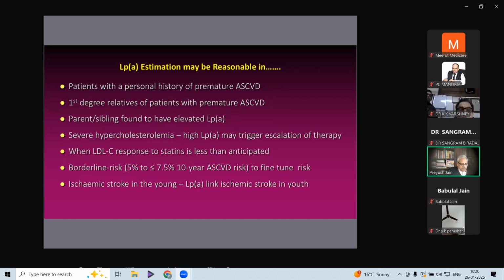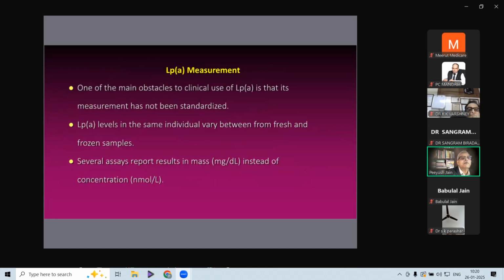Because there is a double jeopardy, we need to treat these patients more and more aggressively. And then, of course, when LDL-C response to statins is less than anticipated, or when we want to fine-tune the risk, this is controversial. But another situation where LPA should be measured in all patients is when young patients get ischemic stroke. But the problem with LPA measurement is that there are obstacles,